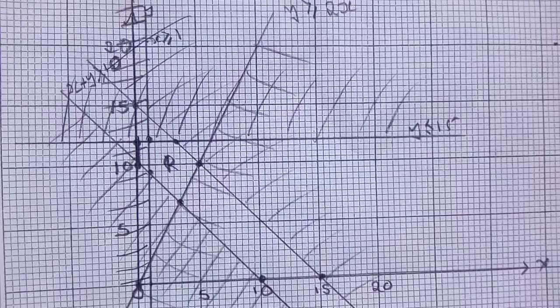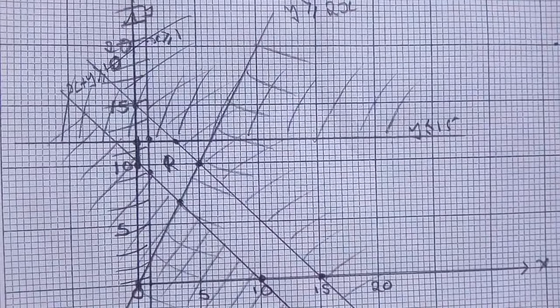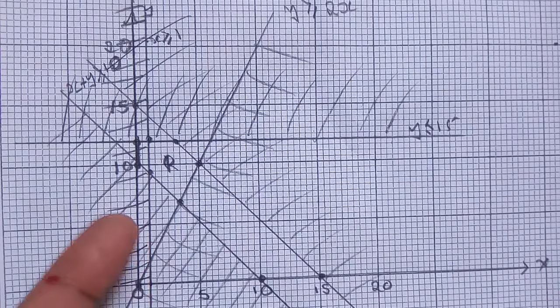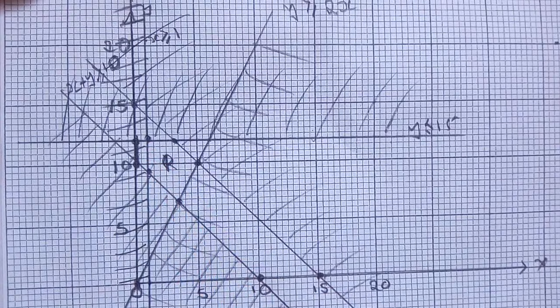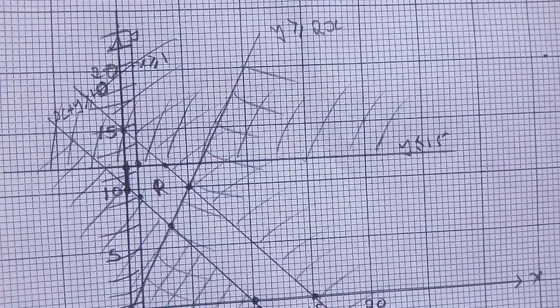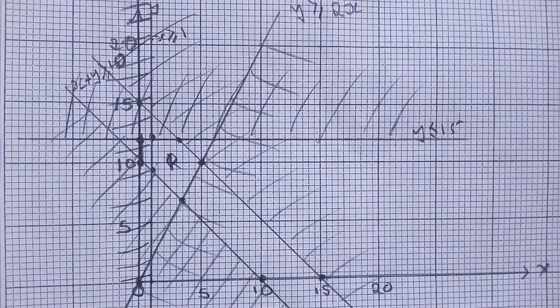So for us to answer question D, we need to know the coordinates here, here, here, here, and here. Okay, I'll use the pen so that you see clearly the coordinates, but you're not supposed to use